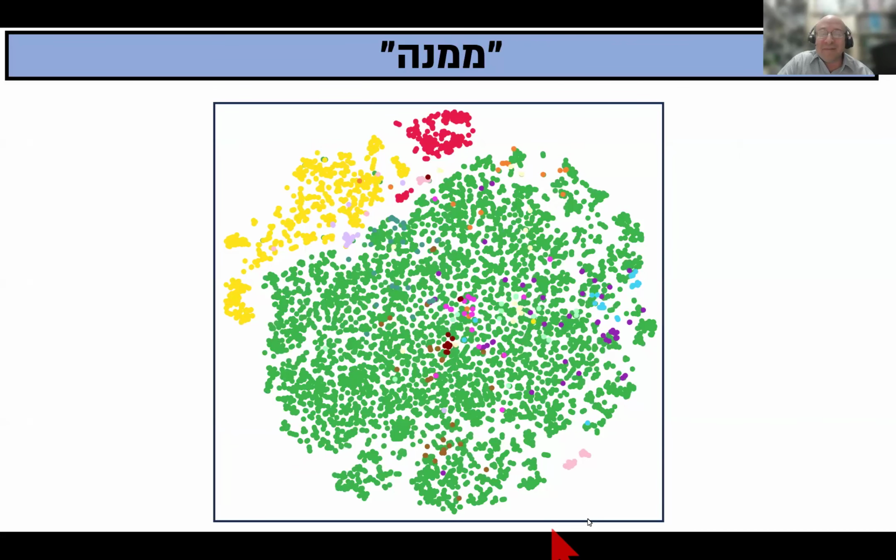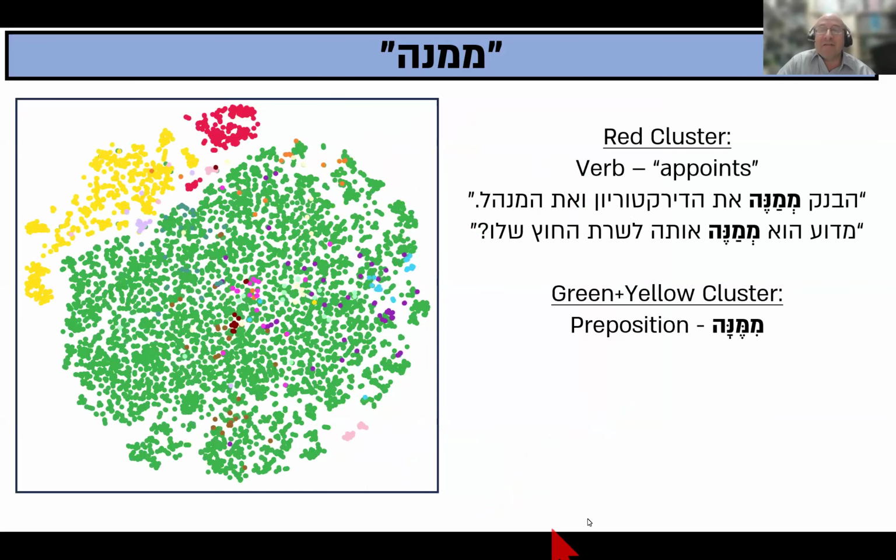So here's the word mem mem nun hey, and here's the resulting clustered embedding space from BERT. Now, what are these clusters? Well, the red cluster, the tiny one on top, is the verb "appoints," like "habank mimaneta directorion," the bank appoints its board, or "maduhu mimaneota," why does he appoint her, and so on. These are sentences from the corpus, as opposed to the green and yellow clusters, which are the